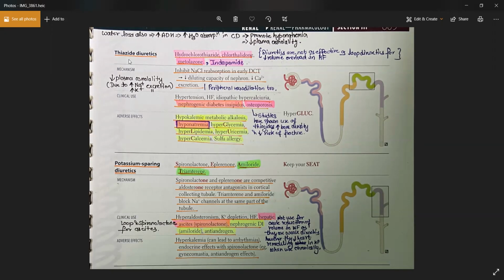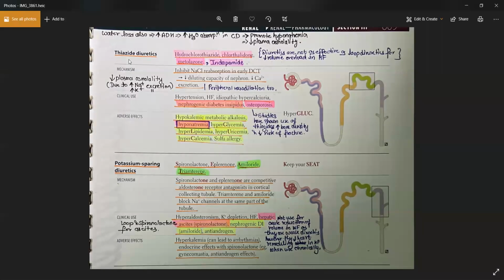And why is that so? Because whenever you block the sodium, chloride, potassium channels in the ascending loop of Henle, it causes a more increased delivery of sodium into the DCT. In the DCT you have the sodium chloride channels through which more sodium will be reabsorbed, and that will limit the action of the loop diuretics. So if I also block the sodium chloride channels in the DCT, this sodium cannot be reabsorbed and will be lost in the urine, causing a more potent effect.